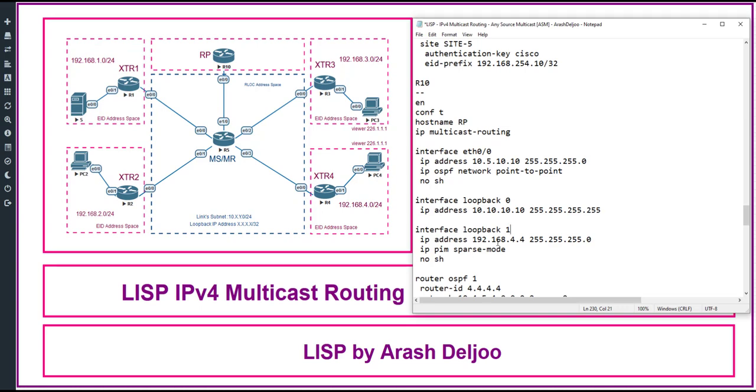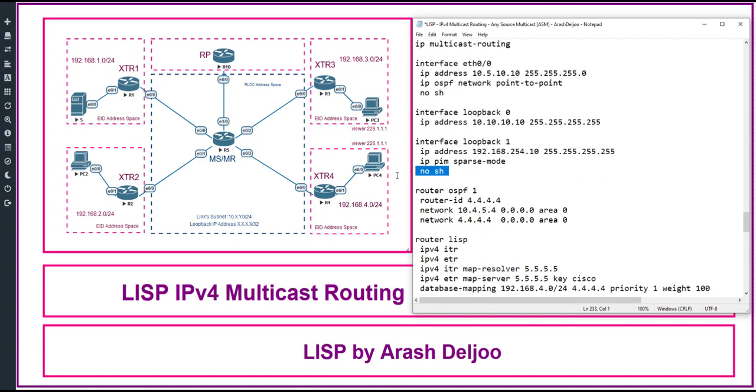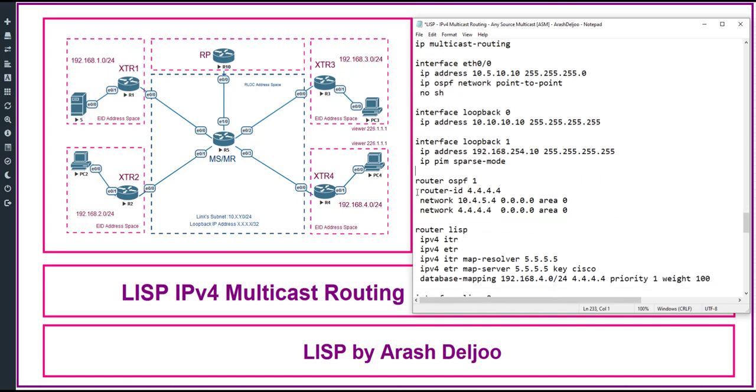The IP address of this interface is 192.168.254.10, mask quad 255, and then the command that we can enable on this interface is IP PIM sparse mode. We don't need no shutdown, let me remove it. Router OSPF 1, router ID is quad 10, and then let me add network 10.5.10.10, quad